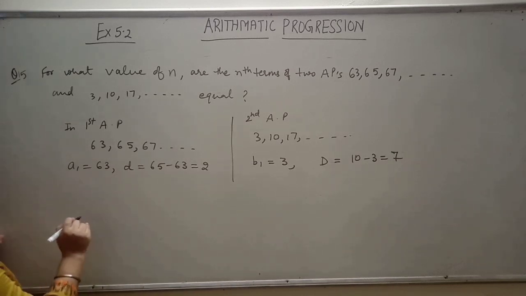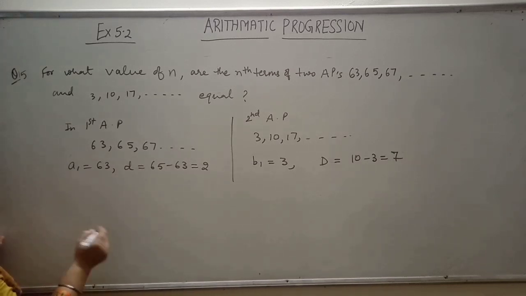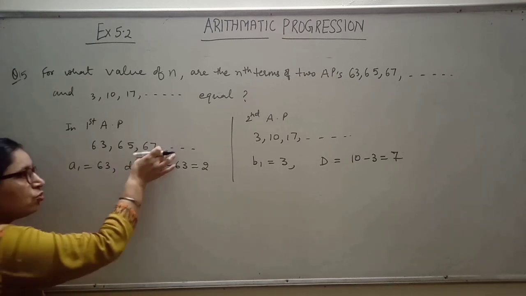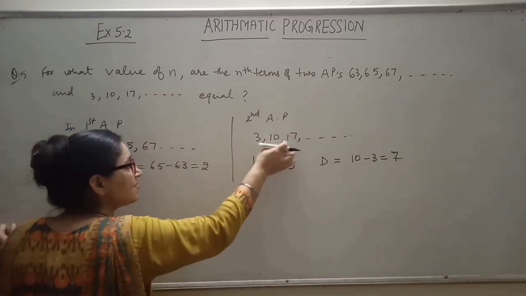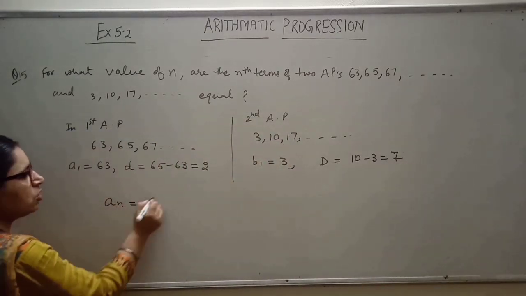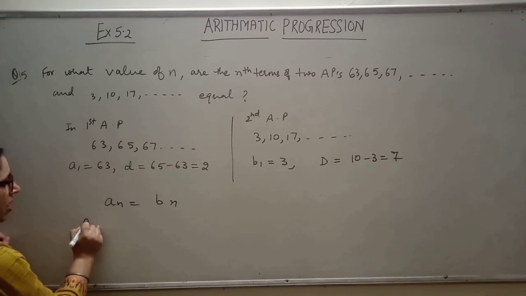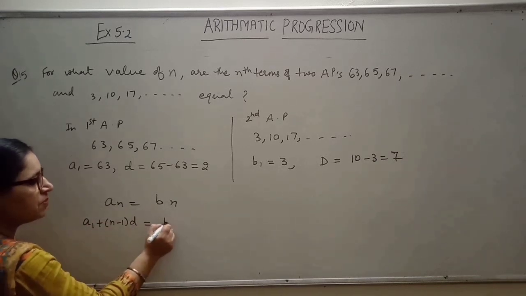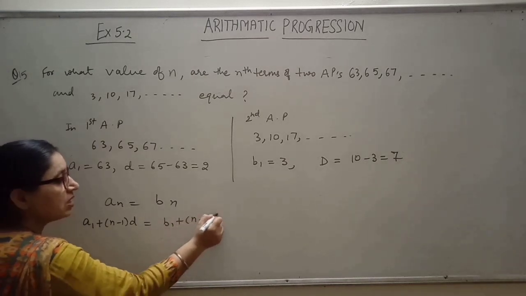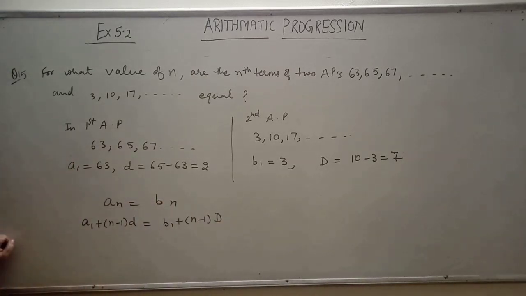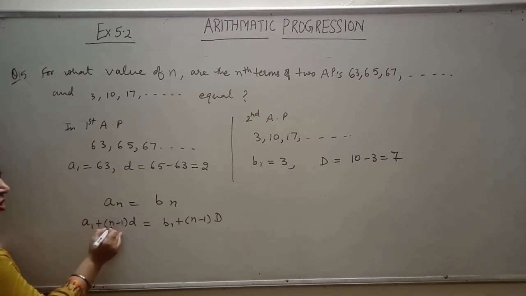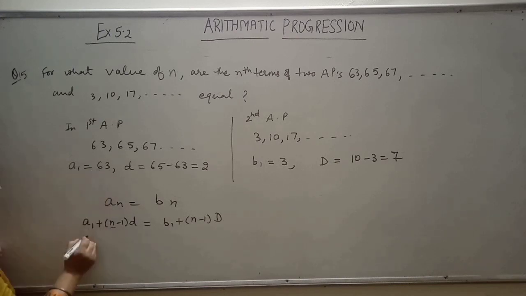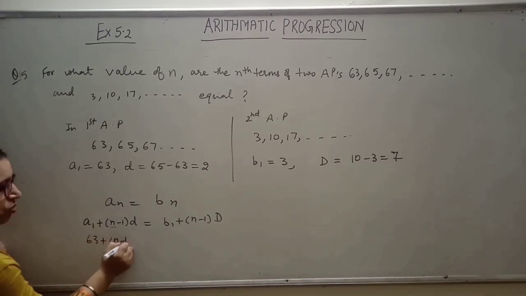So now according to the question, you are to check for which N, कौन सी N की वैल्यूज है जहाँ पर ये दोनों टर्म्स सेम होंगी, इसकी और इसकी टर्म्स सेम है. So it means AN is equal to BN. तो AN का फॉर्मूला A1 प्लस N माइनस 1 D, एंड BN का फॉर्मूला B1 प्लस N माइनस 1 कैपिटल D. Okay, now N, कौन सी N की वैल्यू है जब ये दोनों वैल्यू सेम होंगी. So what is A1? A1 is 63. What is N? I don't know. That is to be calculated.